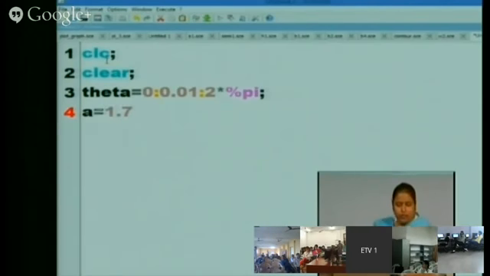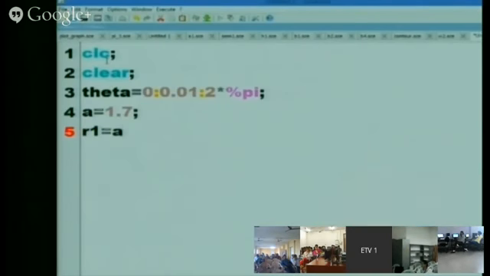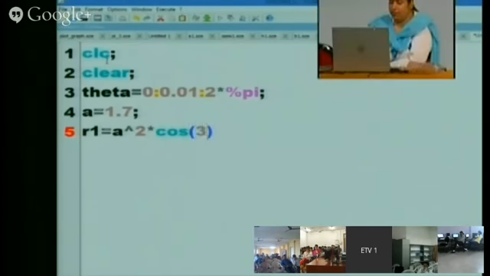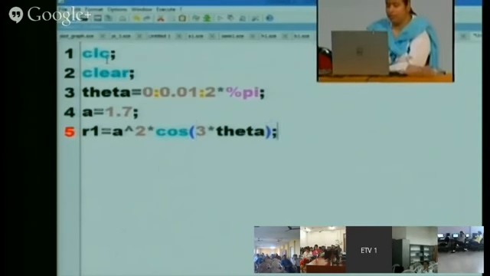A is equal to 1.7. R1 is equal to A square into cos of 3 theta.